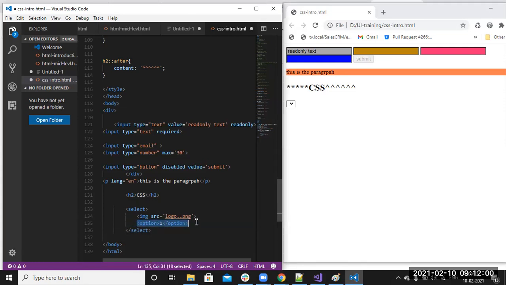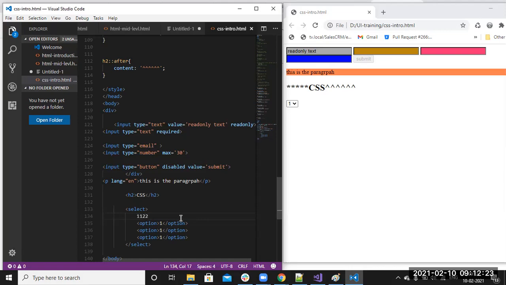Still that will not apply actually. That logo will not apply. Select, and we have this list. Where is that image? Where did it go? Because it will not apply. The browser will not take this image.